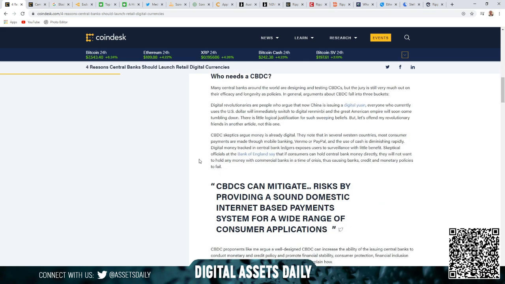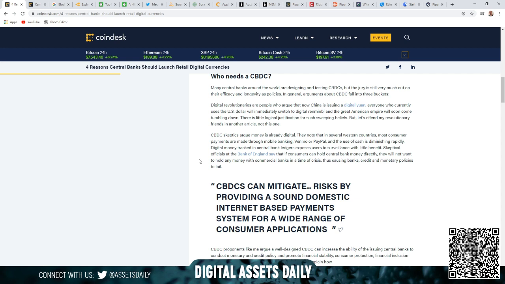Many central banks around the world are designing and testing CBDCs, but the jury is still very much out on their efficacy and longevity as policies. In general, arguments about CBDC fall into 3 buckets. Digital revolutionaries are people who argue that now China is issuing a digital yuan, everyone who currently uses the US dollar will immediately switch to digital renminbi, and the great American empire will soon come tumbling down. There's little logical justification for such sweeping beliefs, but let's offend my revolutionary friends in another article,